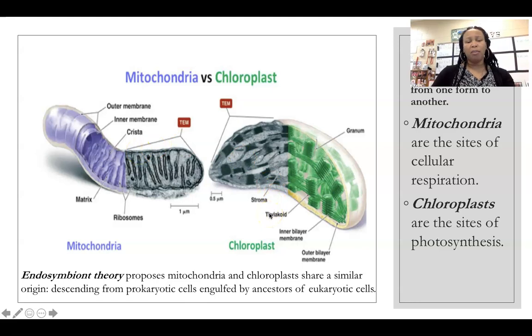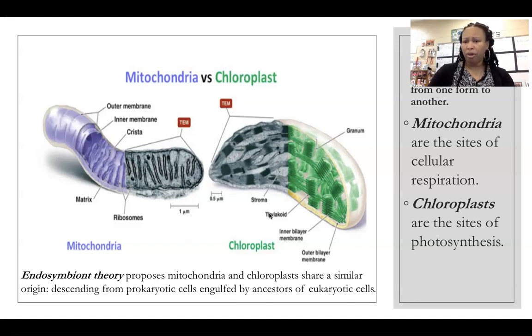Another thing that's unique about the mitochondria and the chloroplast is that their origin is linked to what's known as the endosymbiotic theory, where it is believed that these organelles were formed through an endosymbiotic relationship. That's a relationship where two different organisms are working together, between first an ancient prokaryote, a bacterium, and then an ancestral eukaryotic cell,